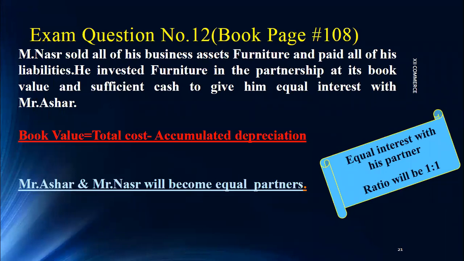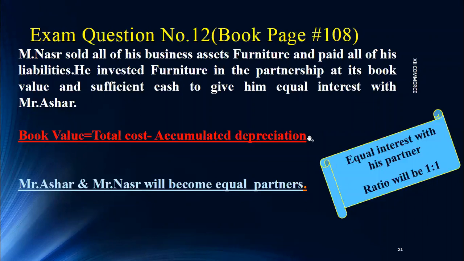He invested furniture in the partnership at its book value. At its book value means, in the balance sheet of the sole proprietor, they have given the furniture value and its allowance for depreciation. So when we write in the journal, we will do the working: the total cost minus allowance for depreciation. This is the highlighted formula, the red one. We apply this formula, the total cost of the furniture minus accumulated depreciation,